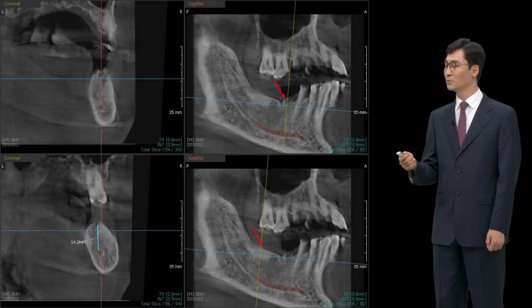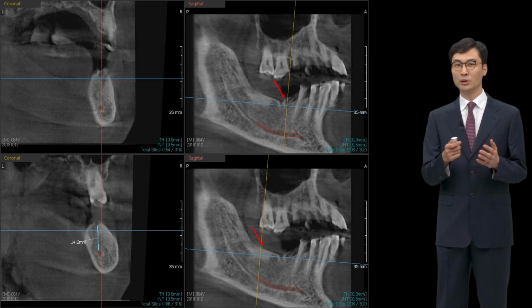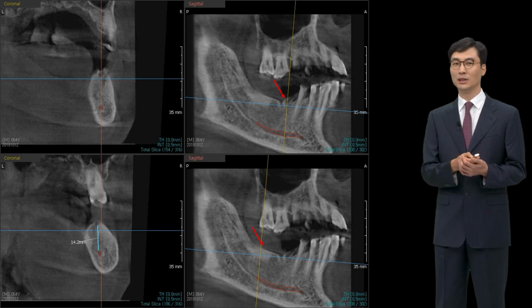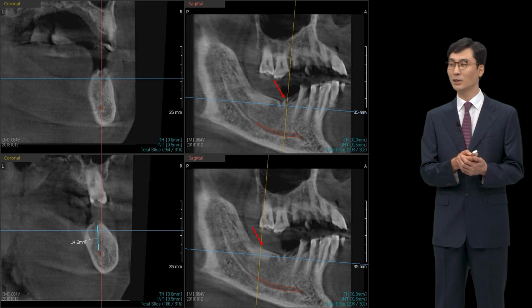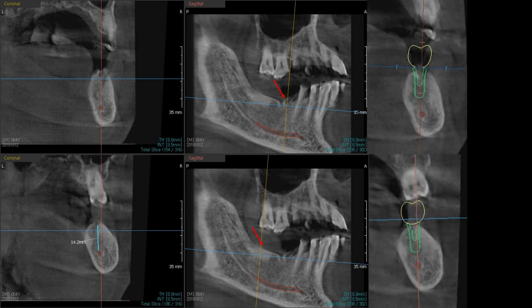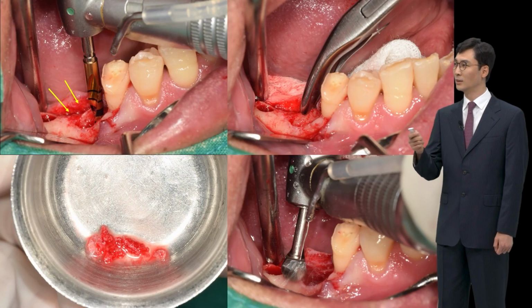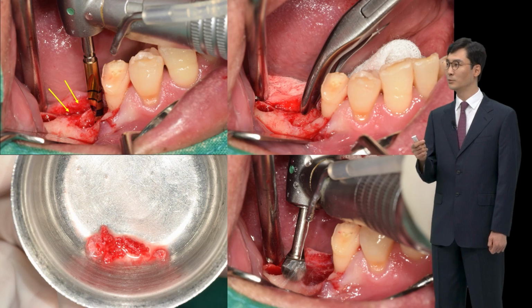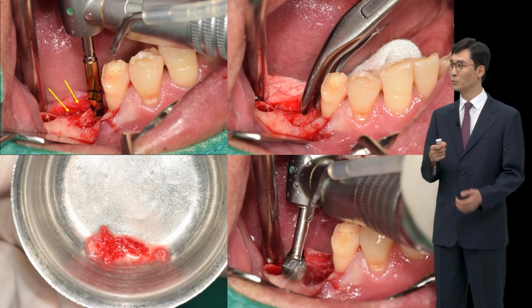As you can see, at number 46 and 47 on the CT, the bone width and volume is very favorable. There's a remaining root. Even if it is extracted, the extraction socket was not big, so it could be a very simple surgery. And as you can see on the CT, the length and diameter of the implant was determined and simulated. The surgery began and the root was extracted, and the thin remaining bone spicules or tuberosity were collected